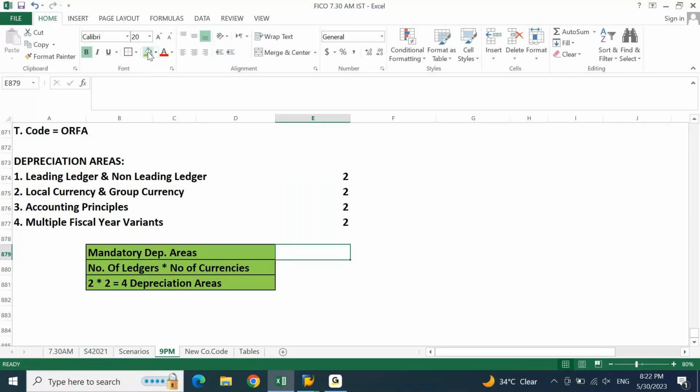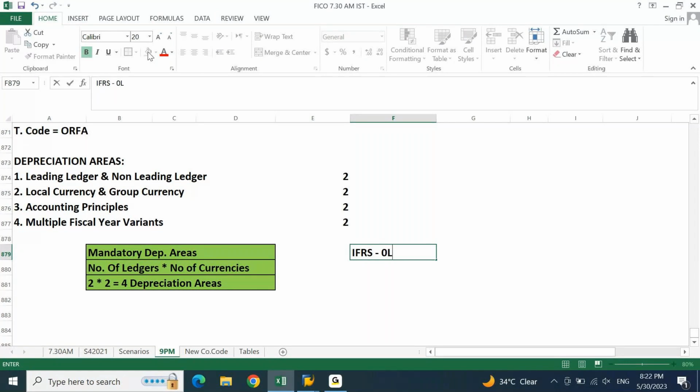So let me write, let's say IFRS 0L INR. What do you understand by this? IFRS accounting principle, 0L leading ledger, INR local currency.